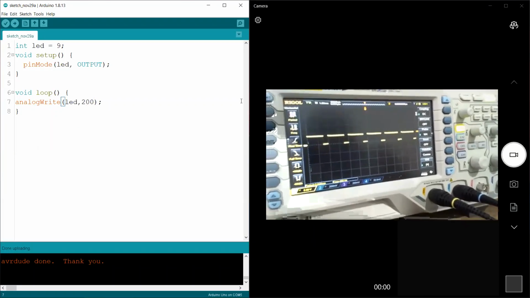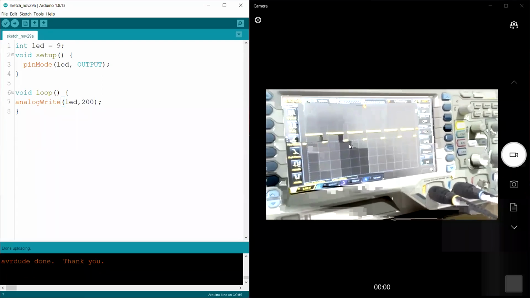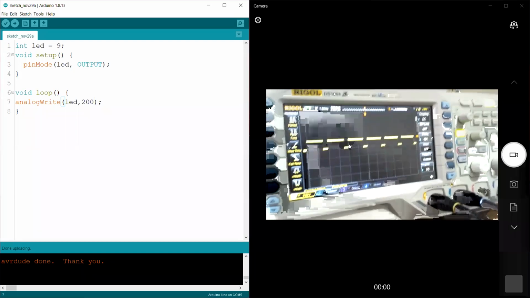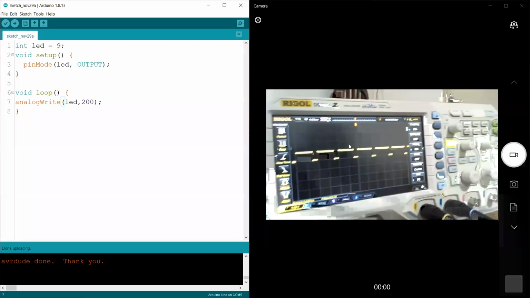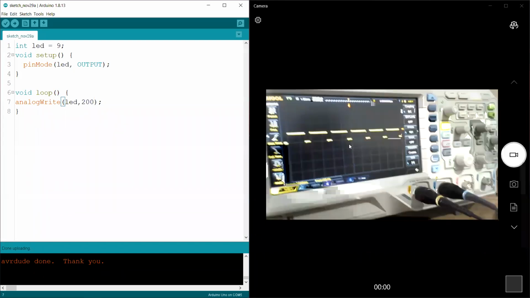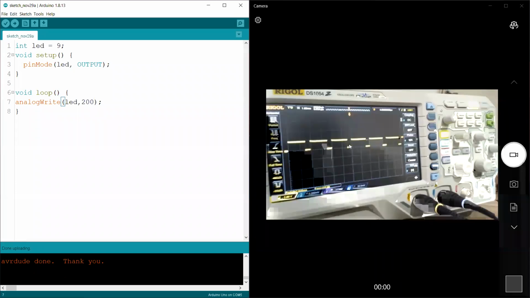You do not have to understand these waveforms and all this stuff, because this is just extra, and eventually you don't even get to see these things. I just showed this because I have the equipment in my hand. If you can dim the LED and understand the concept of the analog write function, that is enough.